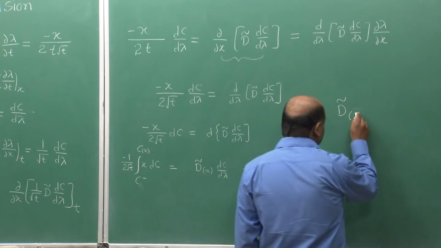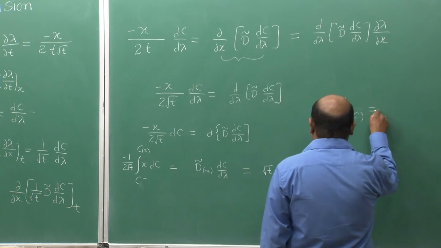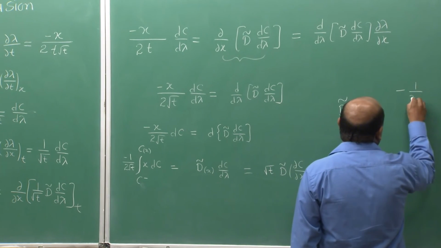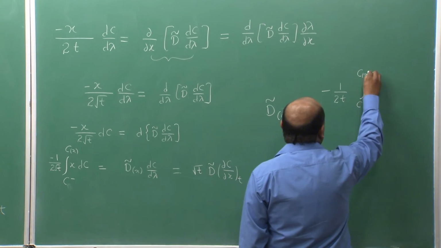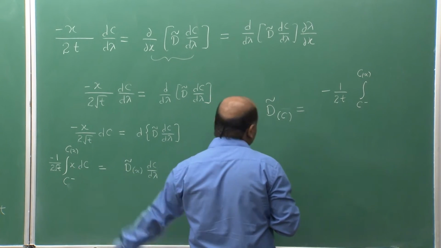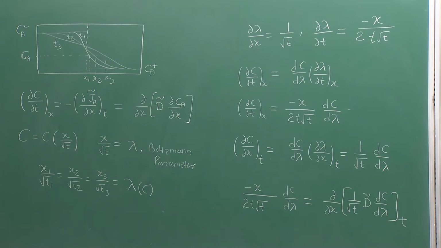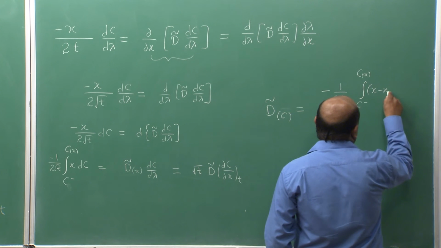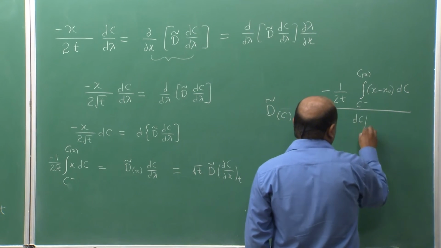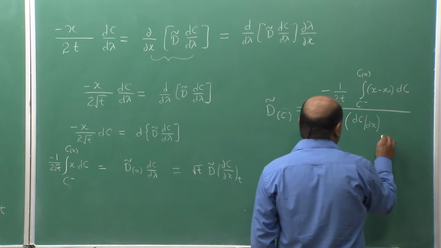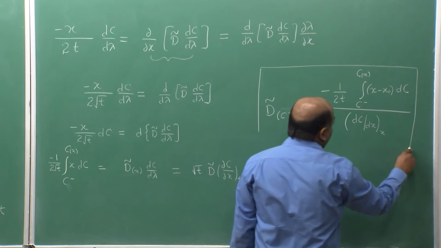So, we should write appropriately D tilde of the composition C should be equal to minus 1 over 2t integral from c minus infinity to C at x, and if we denote the reference plane as x naught, just like there, then it should be actually x minus x naught dc divided by dc/dx at the position x that we are considering,